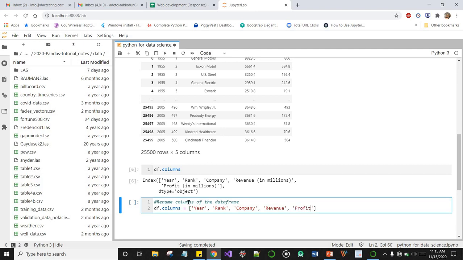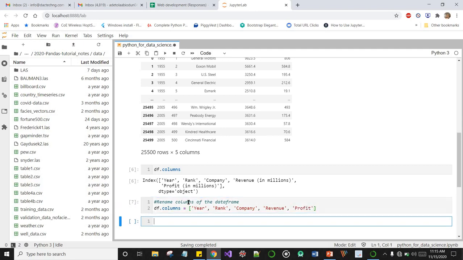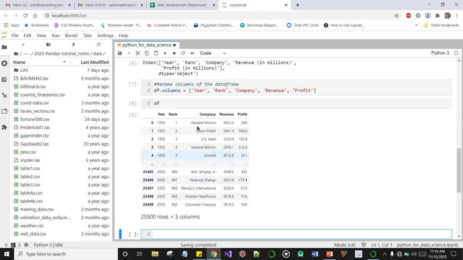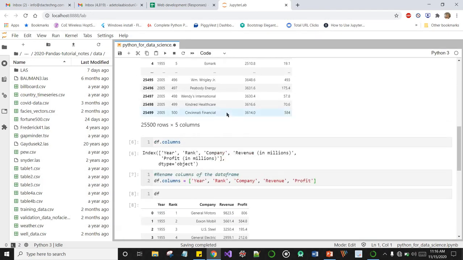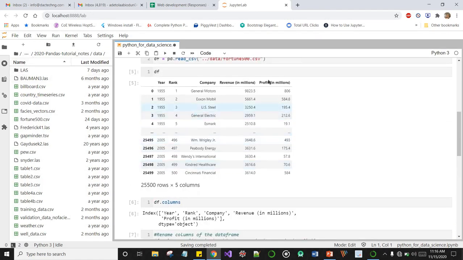All right, and shift enter, and there's no error, so we're cool. And we can just quickly check our data frame, maybe the columns, and boom, the columns have been renamed properly to revenue and profit compared to what we had earlier.